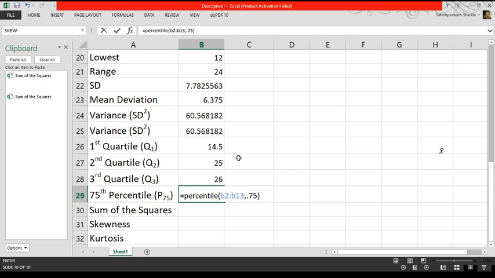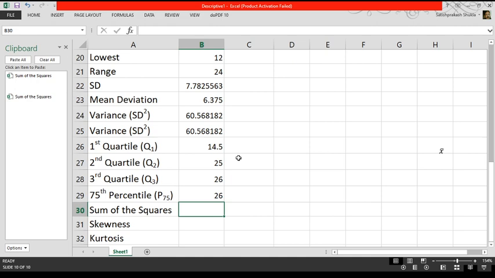In this way, according to the percentile to be found, the last number is changed. The function of percentile is this: equal PERCENTILE, data range, comma and the percentile to be found. Here we have got the value of the 75th percentile, that is 26.